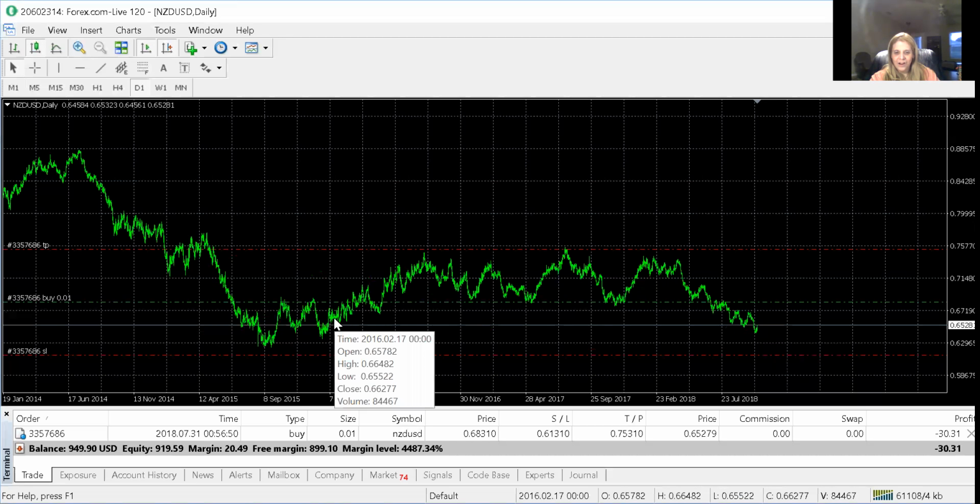Right there. And if you notice, the trade is on its way up. It's going to touch two to three times on that support, on that resistance,